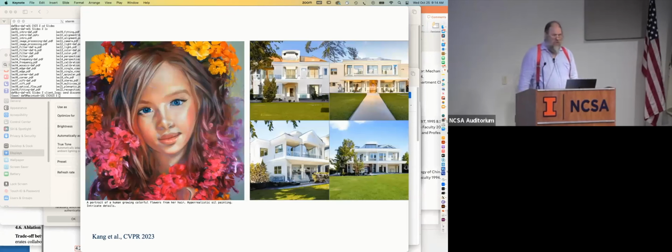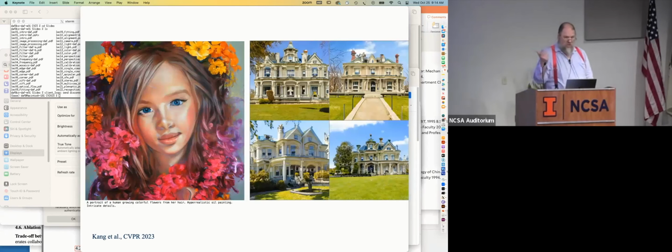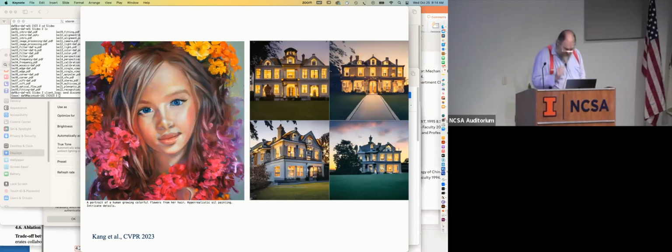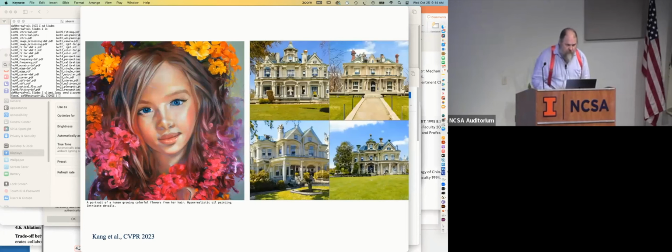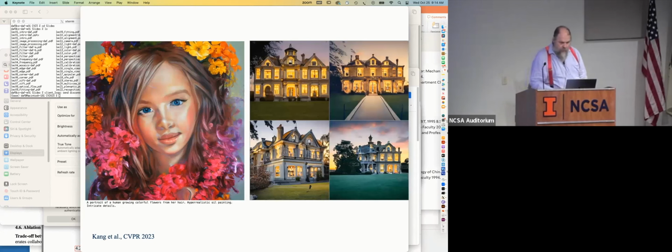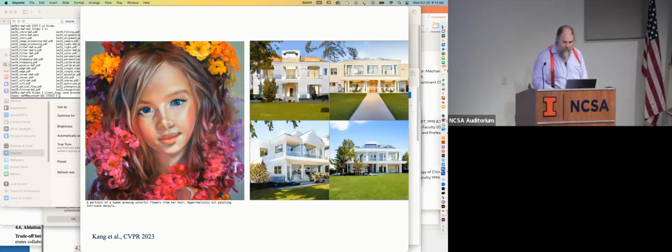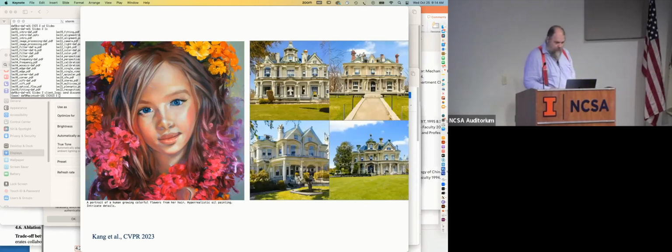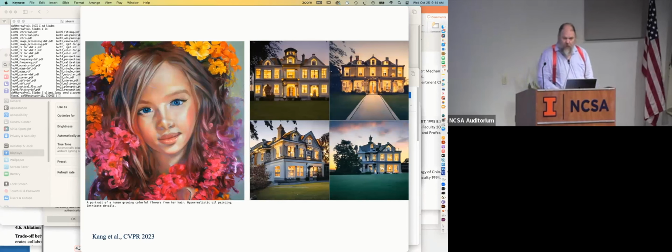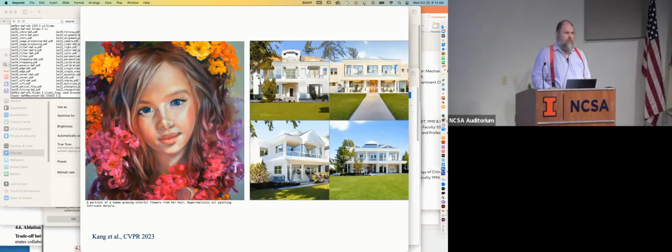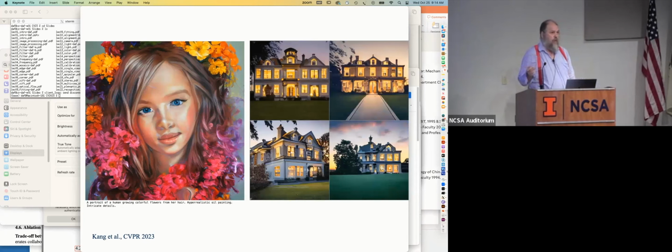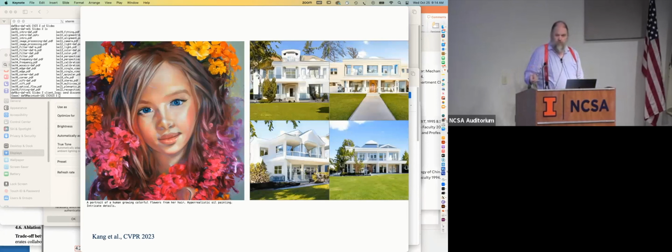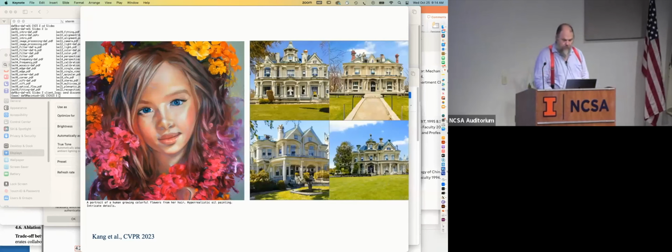You can get control of image generation with text. So this nominally acrylic painting is controlled by text that says a portrait of a human growing colorful flowers from her hair, hyper-realistic oil painting, intricate details. And then when you generate these images, you can generate them in ways that allow them to blend as well. So we have a technology here which really can do an awful lot of stuff.